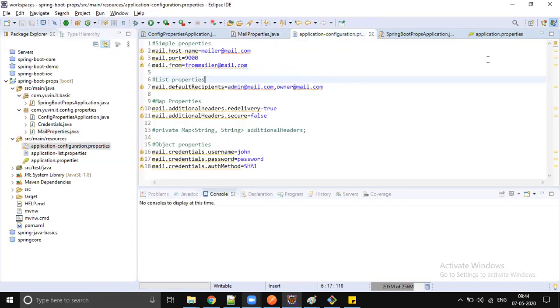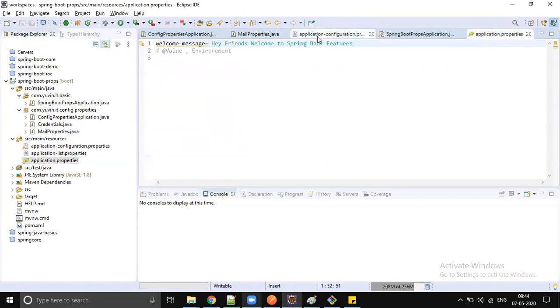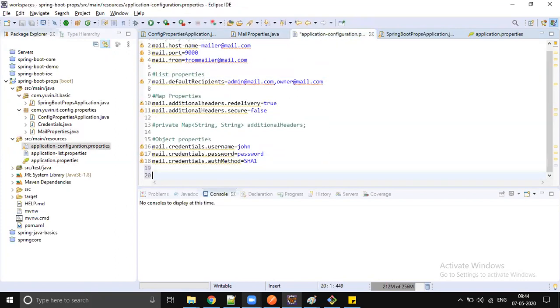If it is not a grouping, but an individual message, for example, here I put some property, welcome disclaimer. So it is some message, an individual message.